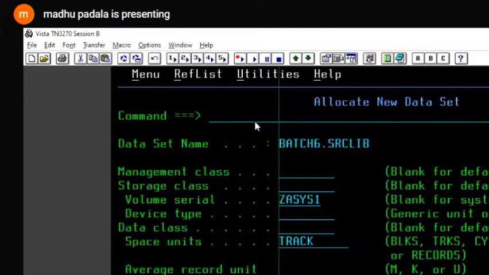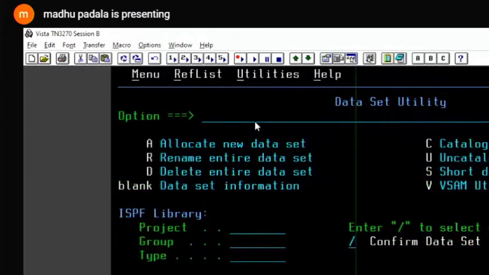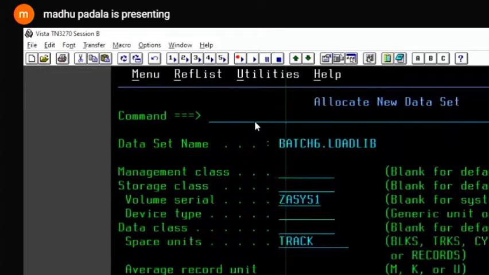Primary 10, secondary 5, directory blocks 100. Record format FB, record length 80. And then the load library. Most of the attributes are similar, except the record format. Are you clear with this?